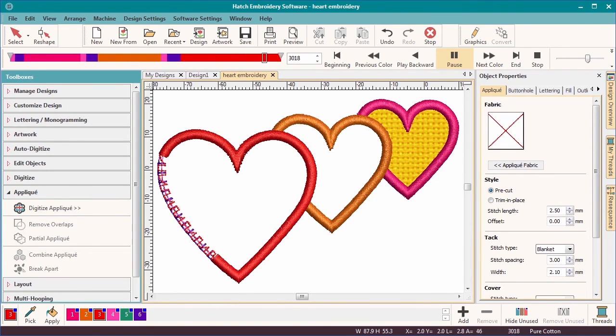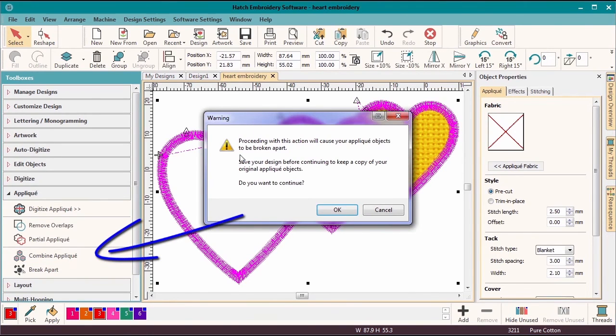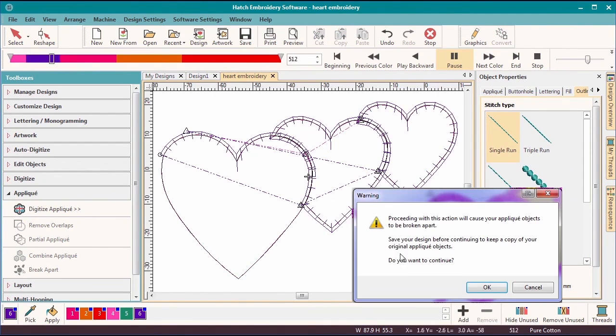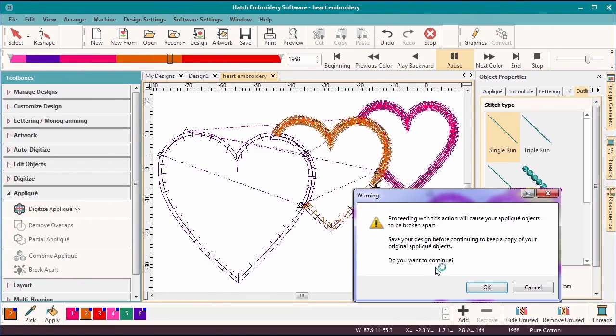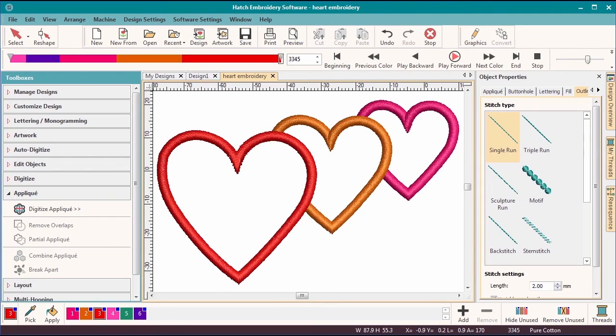You may wish to save some time and stitch all fabric down before the cover stitch. The Combine Applique tool will break the objects apart and stitch all guides, then tack downs and finally the cover stitches. Remember, this will remove the applique properties. So my recommendation is to save your EMB file first and only use this feature when you're about to send to your embroidery machine. I hope this has given you a good introduction to the applique